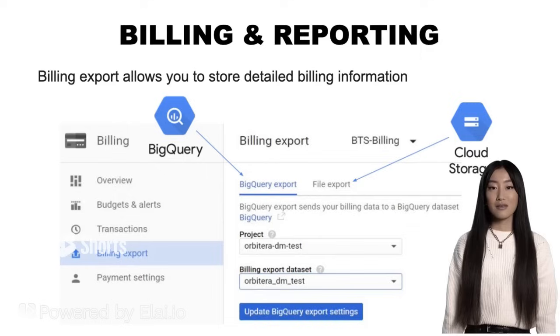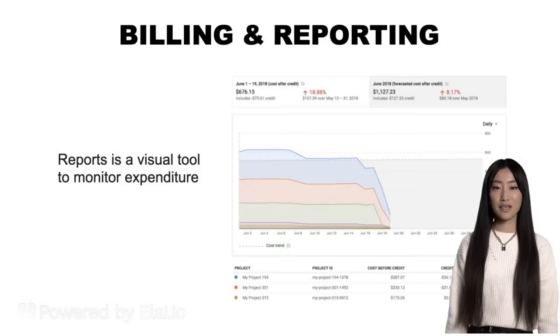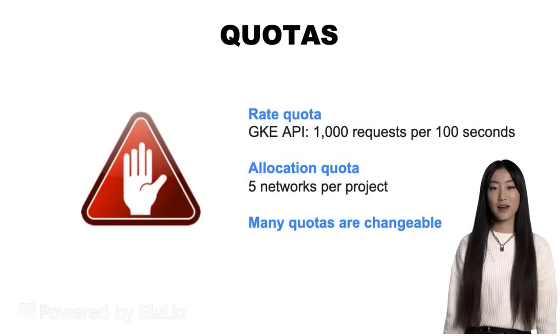Bucket. Reports is a visual tool in the console that allows you to monitor expenditure based on a project or services. GCP also implements quotas, which are designed to prevent the overconsumption of resources because of an error or a